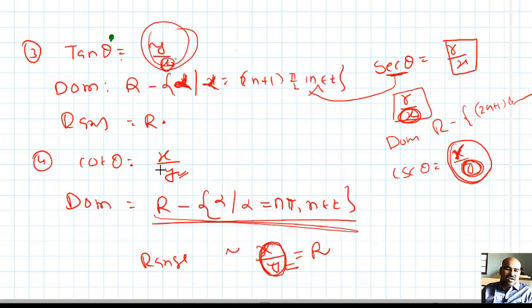If y equals 0, cot theta is not defined. Here, y equals 0, cosec theta is not defined. It means the domain of the cosec function and the cot function are the same. So the cosec function domain is also the same. Now I want to find the range of these two functions, cosec and